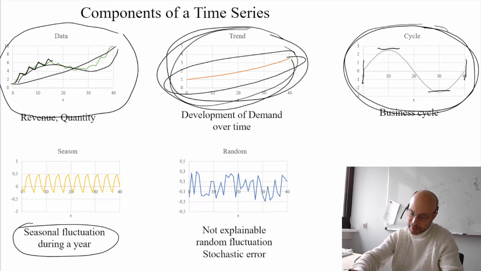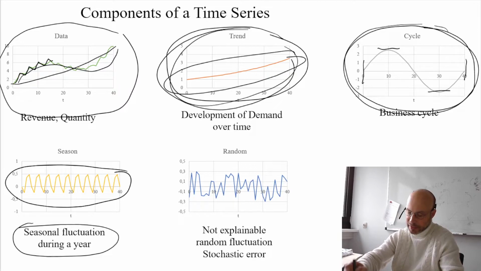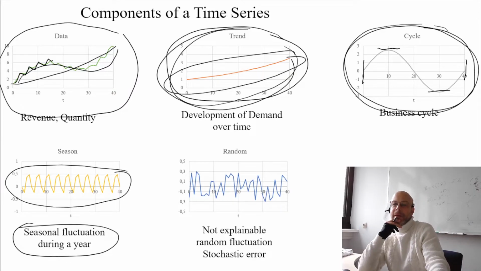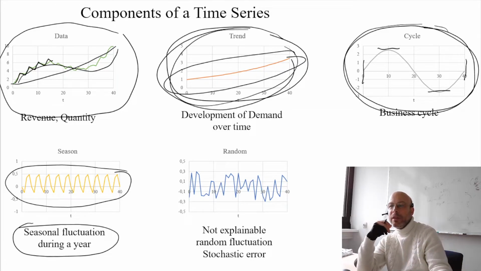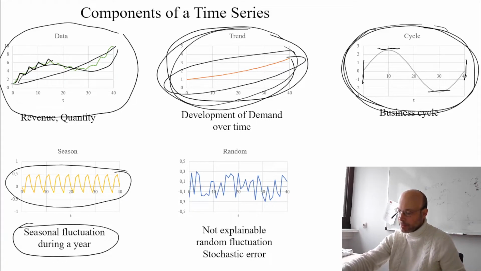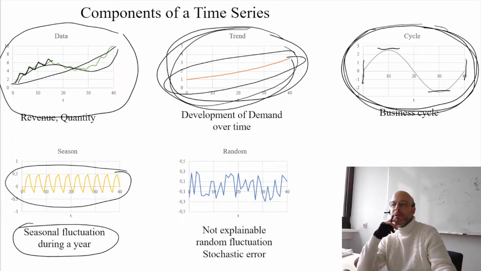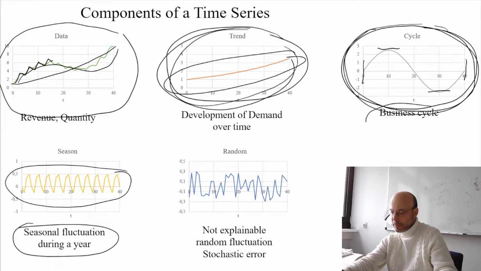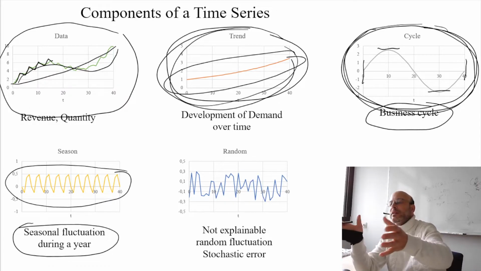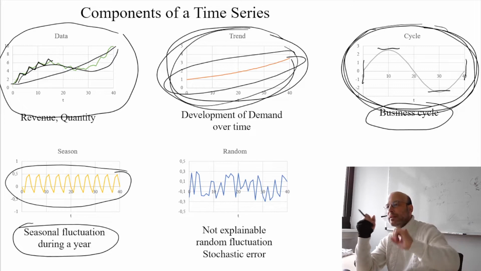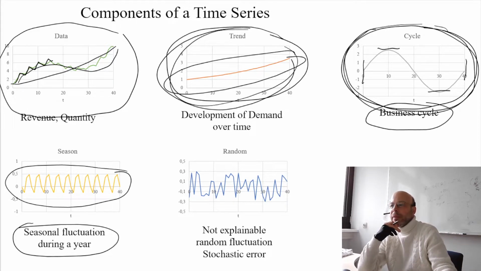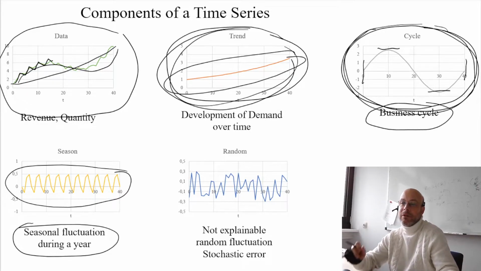And hopefully we also can identify something like this, which is a fluctuation within a year, while maybe this is a fluctuation over 3 or 4 years. This you can also quite often identify with the business cycle, and the period of the business cycle is quite often a bit longer, so between 5 to 10 years. And then, of course,